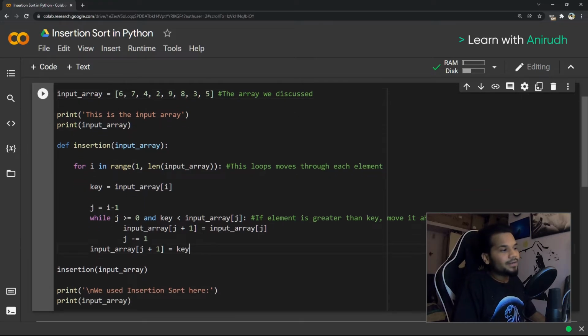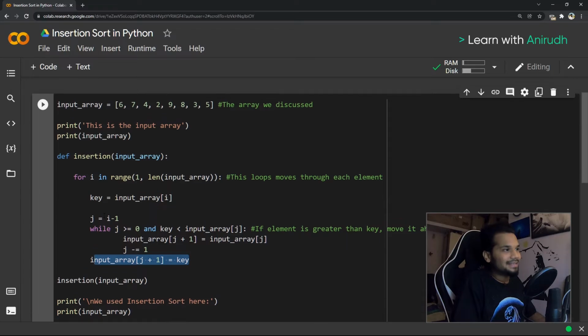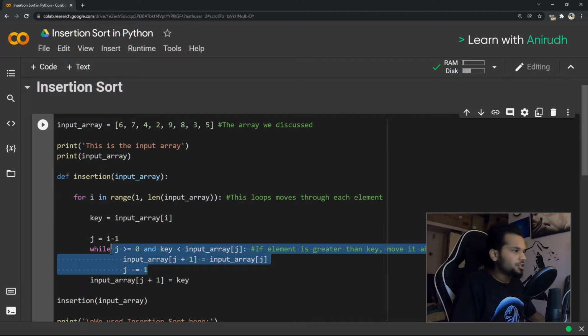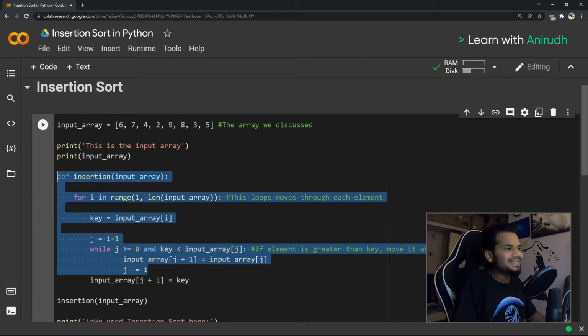And after all of that is done, the key element, we have to move the key element to the next place, right? So if you don't add this particular line, only one element will go and sit in its final place, but your entire array is still not going to be sorted. So make sure. I have a lot of people who use insertion sort who are clear with it. You either mug up the logic or you understand it, and you'll only tend to do all of this.